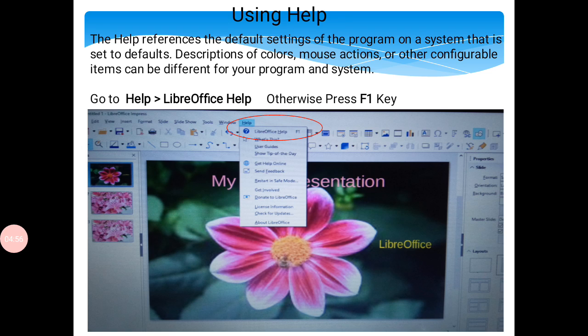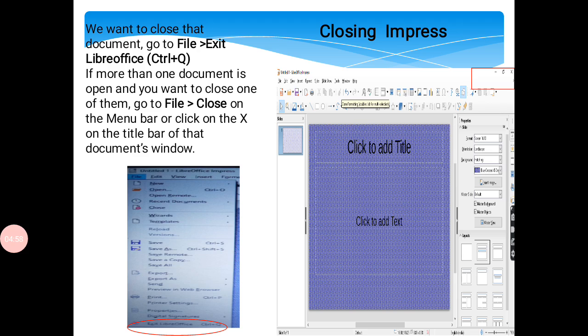Closing Impress. If we want to close that document, go to the File menu, then click Exit LibreOffice. Otherwise, you can use Ctrl Q from the keyboard.